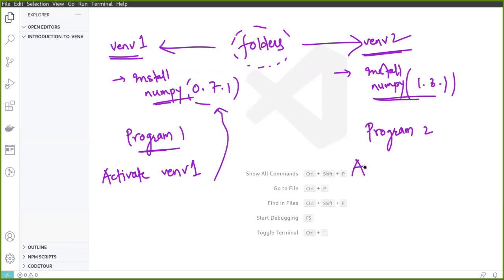And here we activate venv2. So in this case, it will take NumPy from this version. That means that there will be no such problem related to versions of different packages. So that is all these virtual environments are about. Now let us try to understand how we can create, activate, deactivate, and delete the virtual environments.